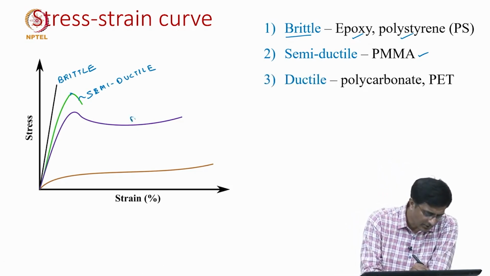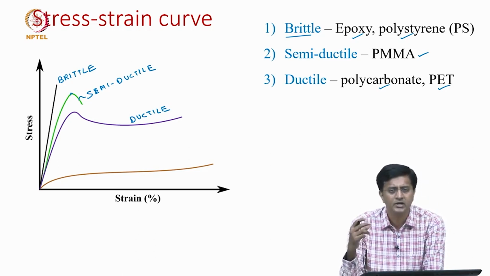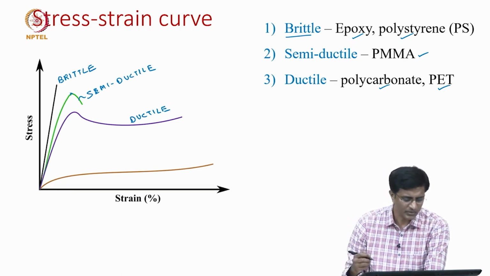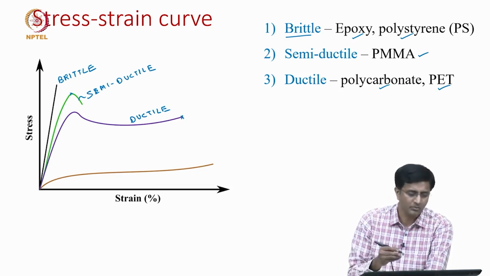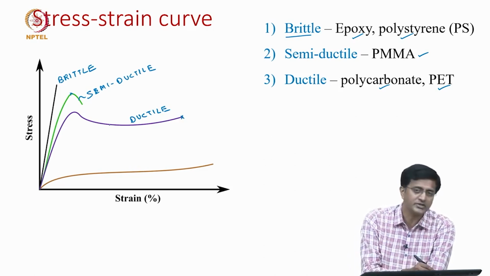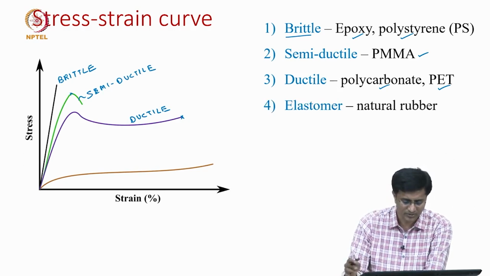So, the third one is the ductile behavior, which is shown by, again, polymers such as polycarbonate and PET. PET is the plastic we mostly use for water bottles. So, as you can now see, there is a large strain before failure, and the stresses are also reasonably higher. But the last category is elastomers,